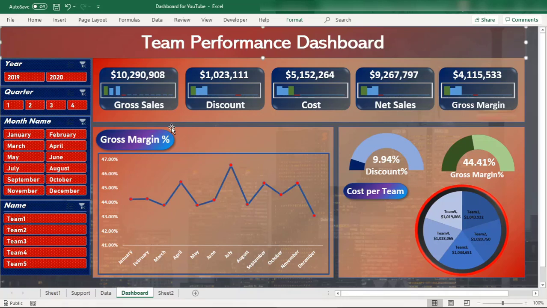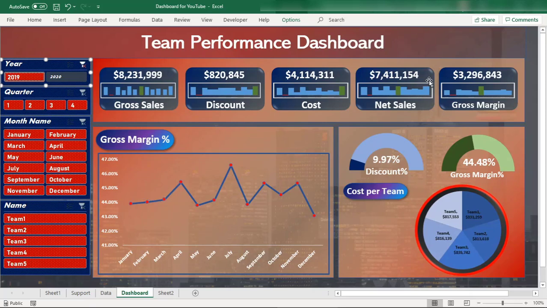Now this is the last video of the designing the team performance dashboard series, and in this video we'll insert the slicers. We will also do some settings for the slicers and how we can design the custom slicers, and the slicers that are interactive with all the charts. All the charts are connected with these slicers and interactive, and when we press any slicer button, it will slice the data as per our desire,